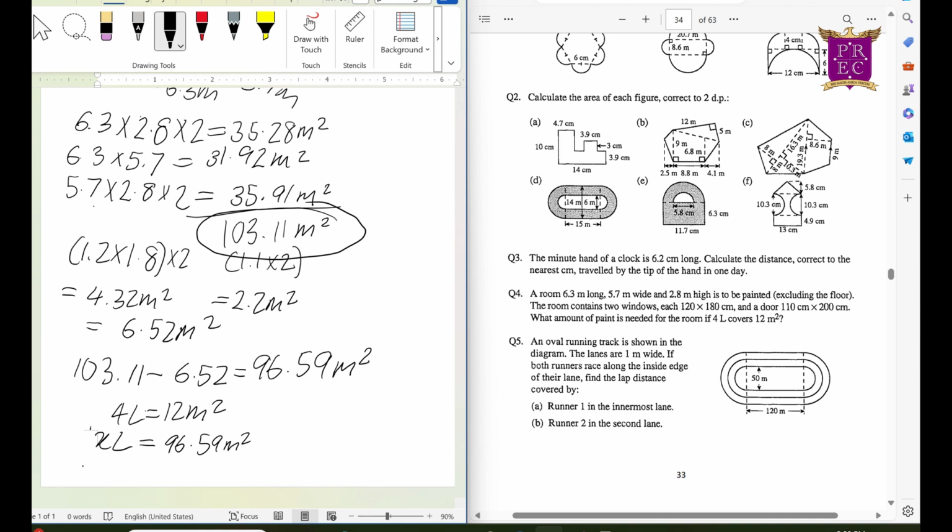Cross multiply. 96.59 times 4 is equal to 12x. And we find out what x is. To find out what x is, we divide 96.59 times 4 by 12. 4 divided by 12 gives us 1/3, so we just do 96.59 divided by 3, which gives us